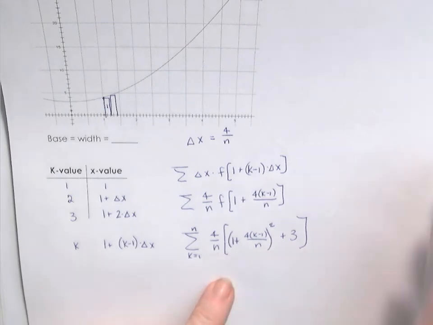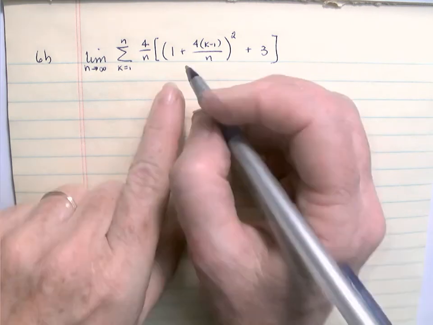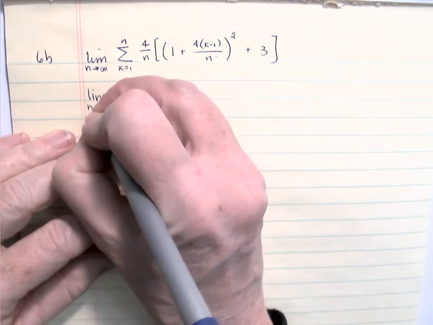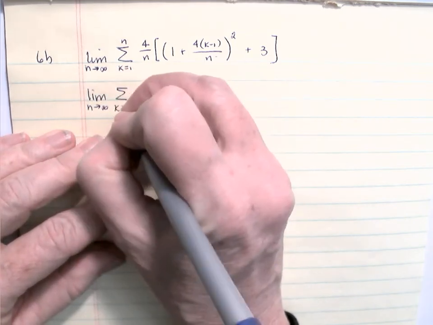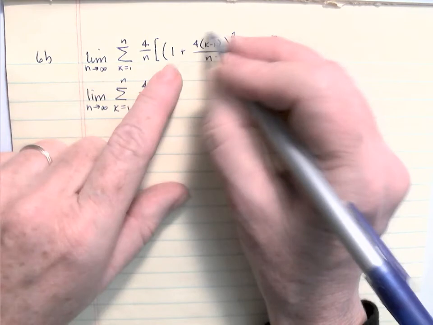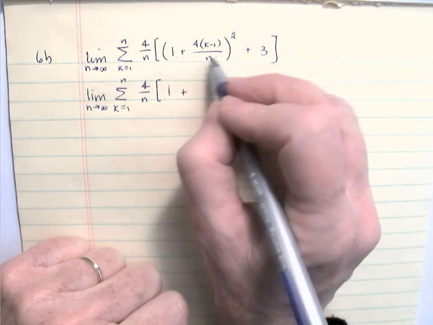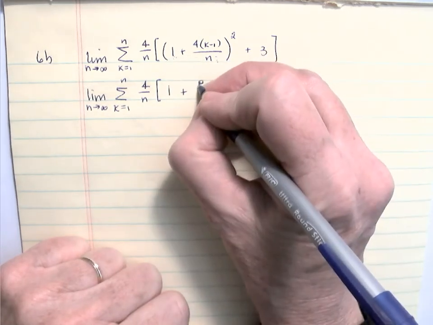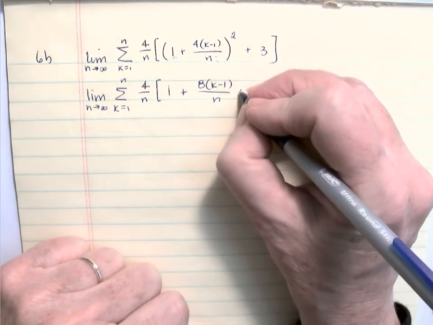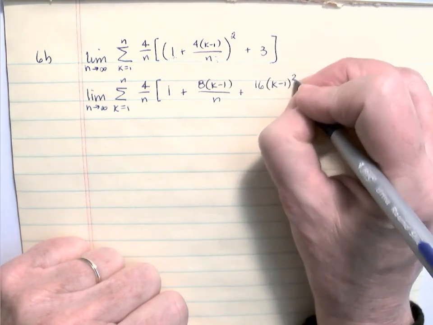And the first thing, so I've written this again, the first thing that you want to do is square what you can. So we need to square this thing. And once again, you know how to square a binomial by now. So I'm going to copy everything over, and my business right now is to square this. When I square a binomial, I'm going to have the first term squared, plus twice the product. Well, that's easy because that's a 1. So that's going to give me 8k minus 1 over n, twice the product of these. And my last term is going to be the last term squared. So that's 16 times k minus 1 squared over n squared